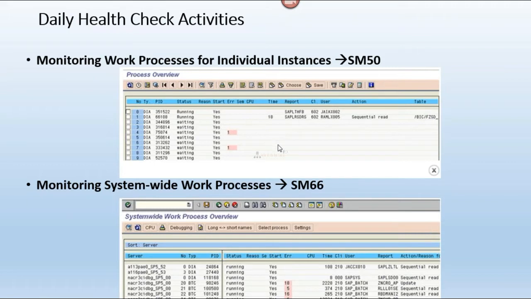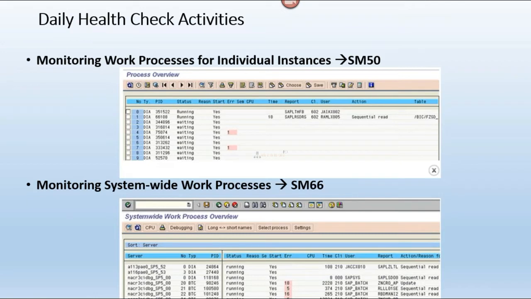In the same work process request, it will be calling some other request. So whenever some other dependency request is called in this work process, what will happen? The dependency request will be assigned to another work process.